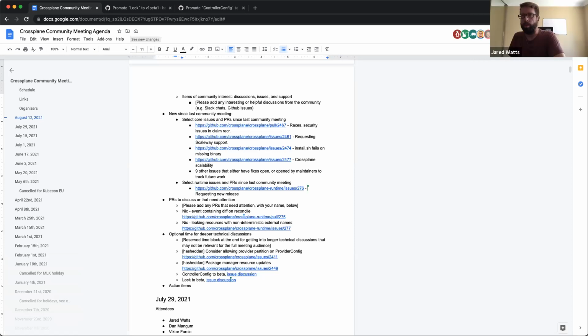Yeah, and one thing I think is that Lock generally feels like it's in a good place, and there's not much pushback to moving that one to beta. The controller config one, I wonder if we should follow up to solicit more feedback from the broader community, like put it on Slack, tweet about it or something as well, to get that out to a broader audience for more feedback on how it's being used or how they want to see it continue to mature. Yeah, definitely.